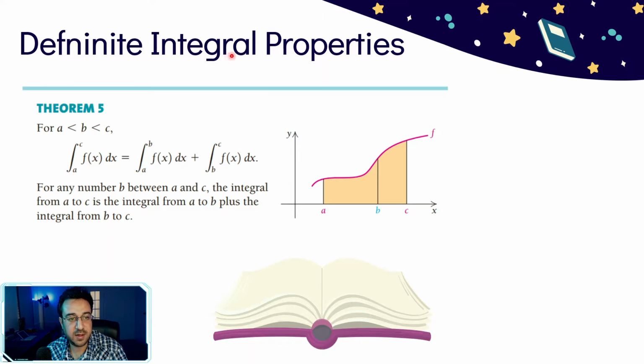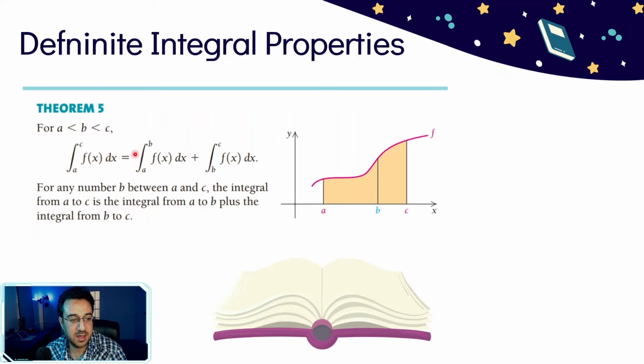Properties of definite integral. What we will do is take the property or the theorem, and then take an example on that theorem until we cover all the properties regarding the definite integral. Now the theorem says, as b is larger than a and less than c, the integration from a to c